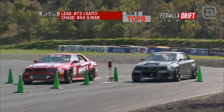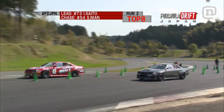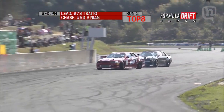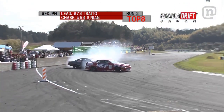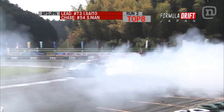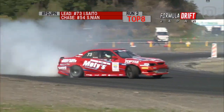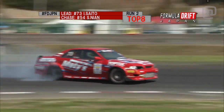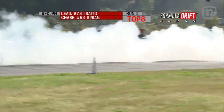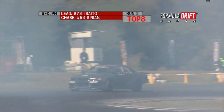So this time, no such problems for Iko Saito. This time he's going to be leading. He's free to run how he likes. Oh, but Shenyang throwing it in really hard. Oh no! Too much accelerator there for Shenyang. I mean, if he pulled that off, I'd be on my feet right now. That was really good, but